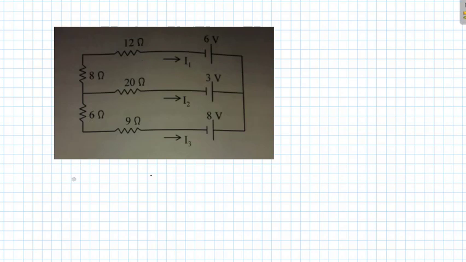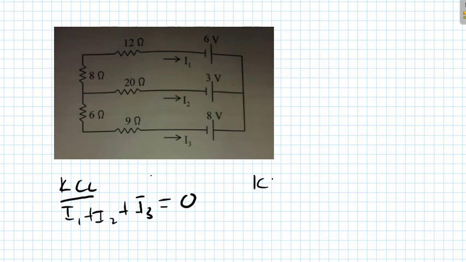This diagram, if we apply Kirchhoff's current law, which is KCL, we know that I1 plus I2 plus I3 should be equal to 0. All these currents should be equal to 0 when we add them. Then when we apply KVL, Kirchhoff's voltage law, we know that